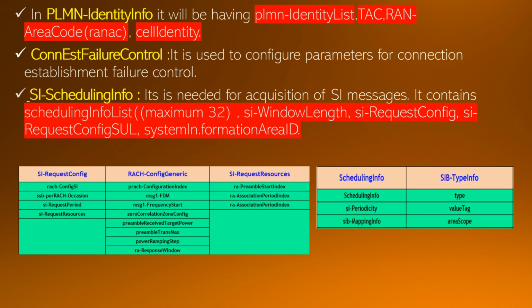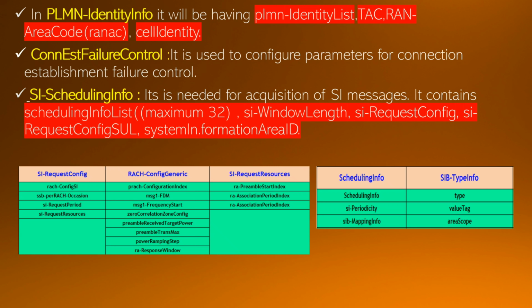The scheduling info list is from 1 to 32. The SI window length is the length of the SI scheduling window in slots. The SI request config is the configuration of the message resource that the UE uses for requesting SI messages for system information broadcast status that is set to not barred and not broadcasting.